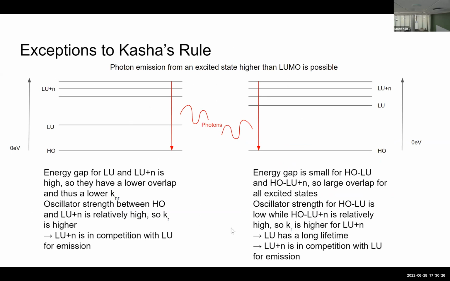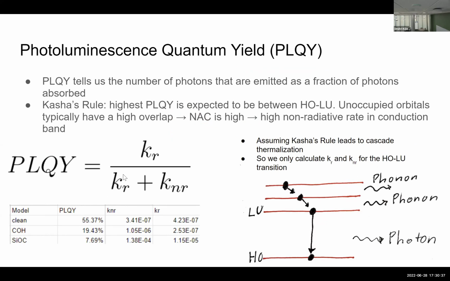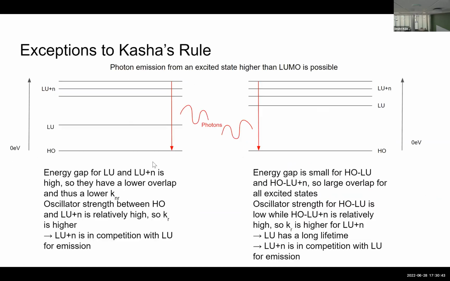So we also have some exceptions to Kasha's rule that we have to worry about. I basically outlined how we would get these exceptions, but what it's playing with is if you want to adjust what KR and KN are in order to get emission from a different level. So for example, if you have a bunch of highly excited states, even further above LUMO,